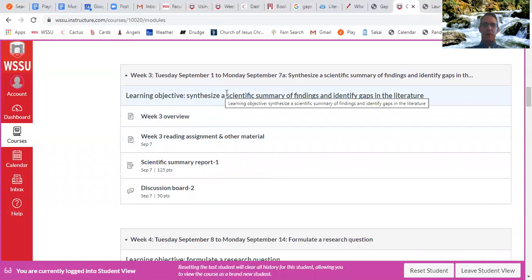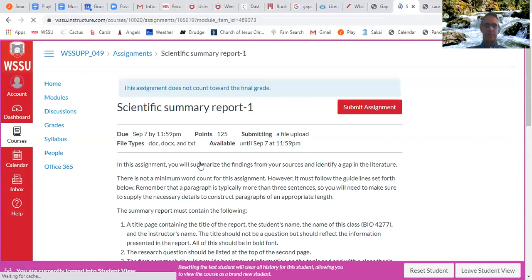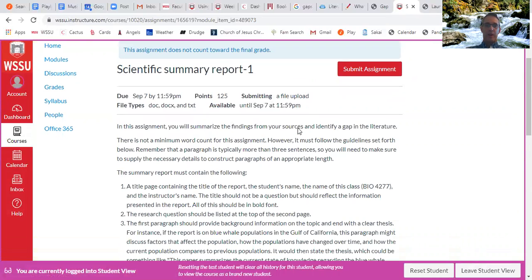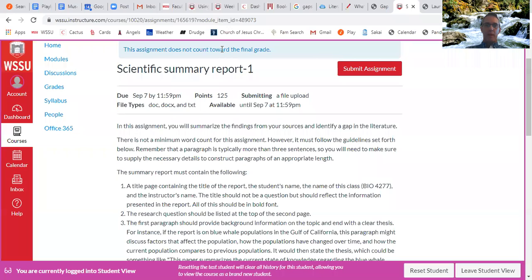So let's suppose we're in week 3 and you need to submit the week 3 assignment, Scientific Summary Report. So you're going to click on this link, and that brings up this particular screen here. This screen provides some important details. First of all, there is this information right here. The due date is listed, how many points this is worth, how you have to submit, what kind of file